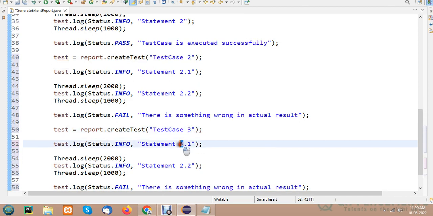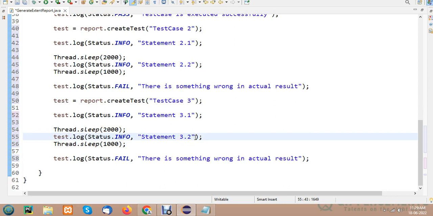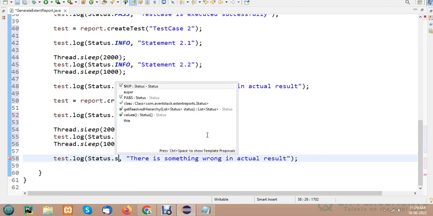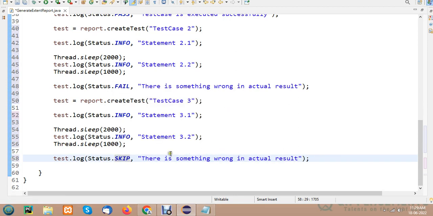Test case 3. So here I want to simply skip my test case को मुझे skip करना है. For that I will use the method called skip. Skipping test case. Alright,